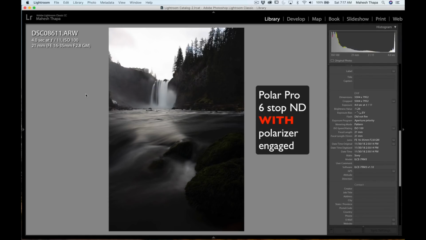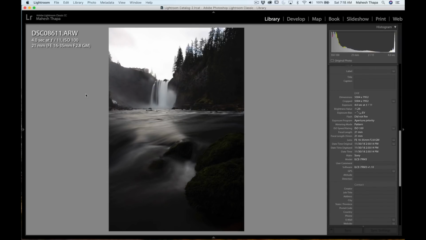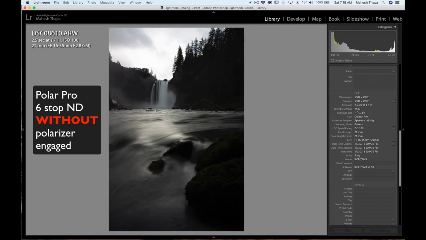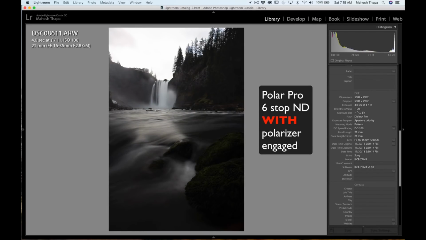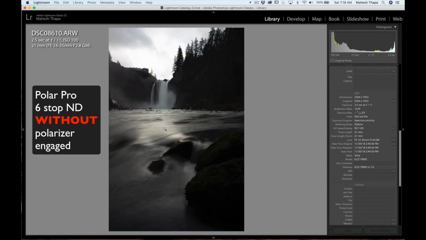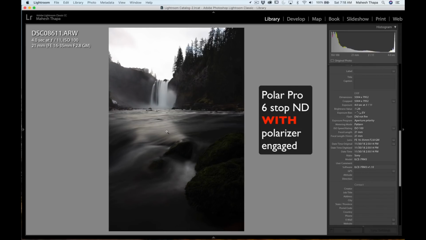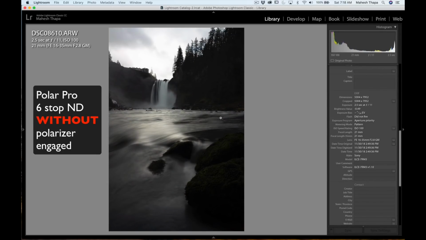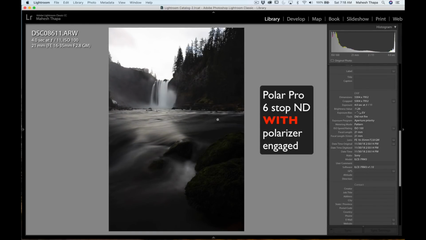That's because when the polarizer is engaged, the filter lets in less light, and therefore an increased shutter time is necessary to obtain the same amount of relative brightness. So again, here is no polarizer effect, polarizer effect. Notice that the light brightness here in the highlights is a lot harsher in the non-polarized image versus the polarized image. Also notice the glare coming off the surface here in this non-polarized image, and how that glare is minimized